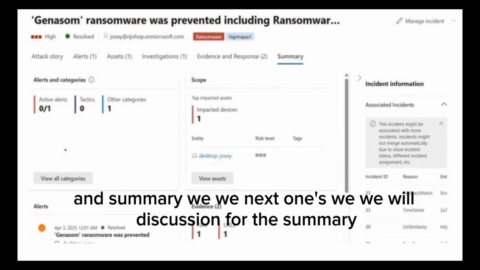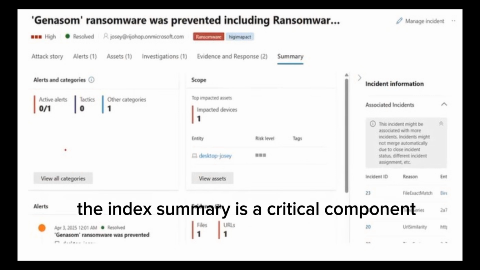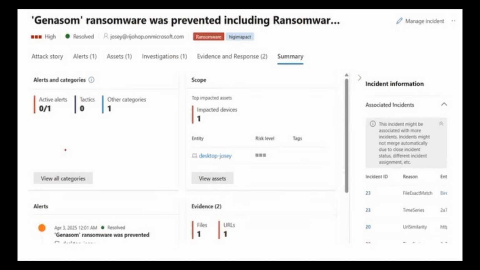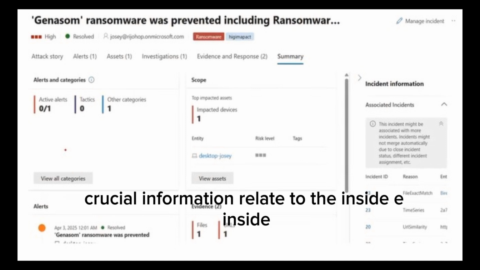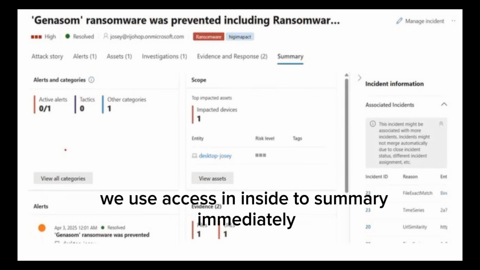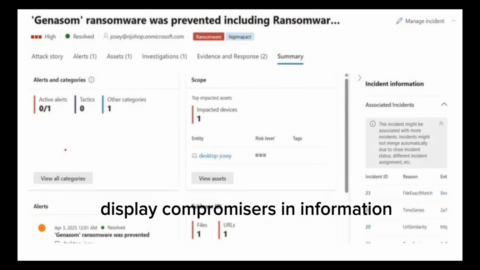Next, we will discuss the summary. The incident summary is a critical component. It provides quick contextual access to all crucial information related to the incident. We use the summary tab to immediately display